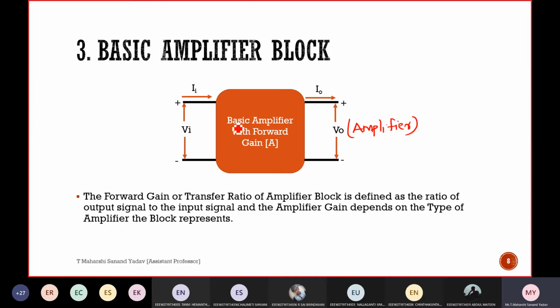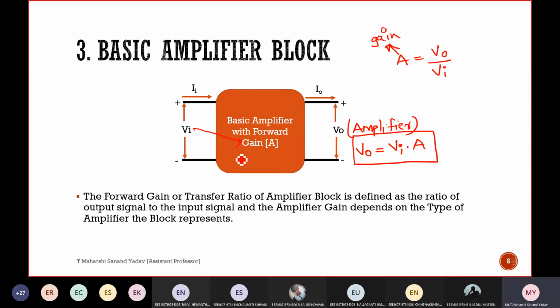Amplified. Why? Because here I'm going with a basic amplifier. So here V out can be written as, how should I write V output here? This input multiplied with gain A. Beta or A? A. Yes. So here V output is nothing but A into Vi, or else A can be written as V out by V in. Here A stands for